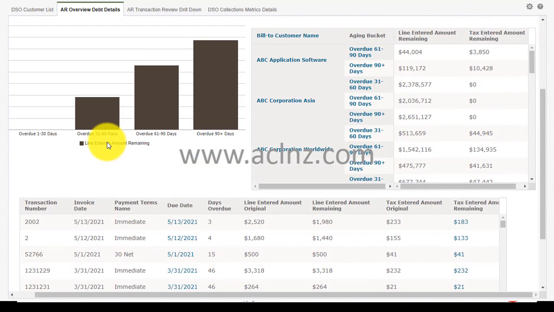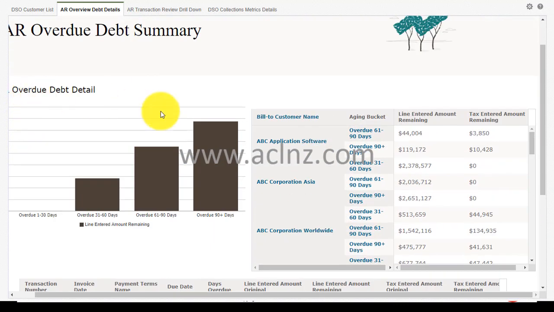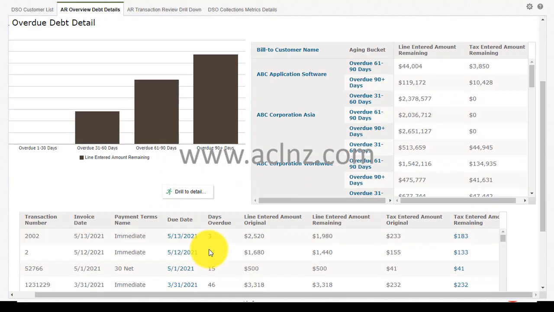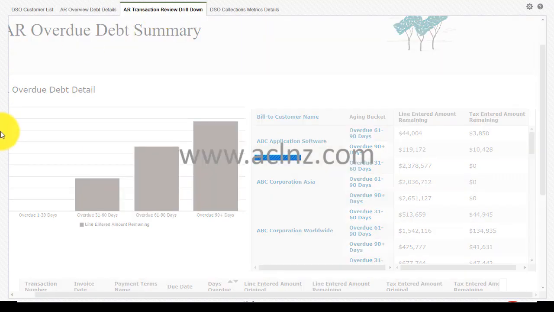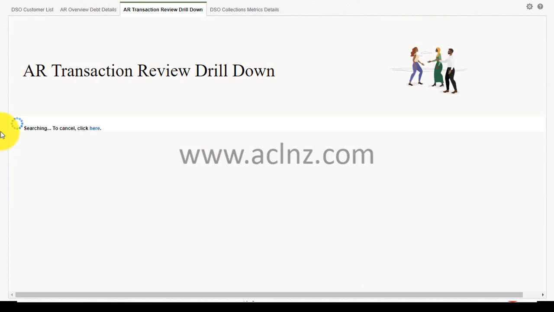Okay, and here it is a graphical format also, it is showing overdue, and if you click on that you can further drill down. You see, drill down to detail, and it will take you to the detail of these transactions. I've got another dashboard, AR transaction review drill down. So transaction wise